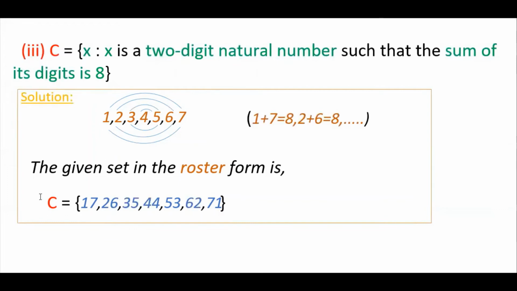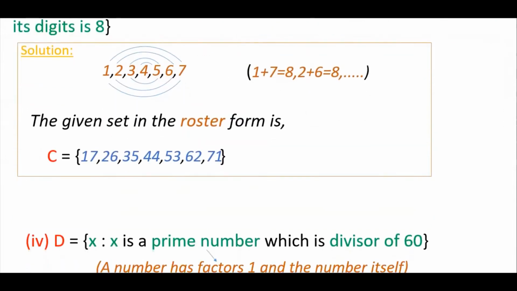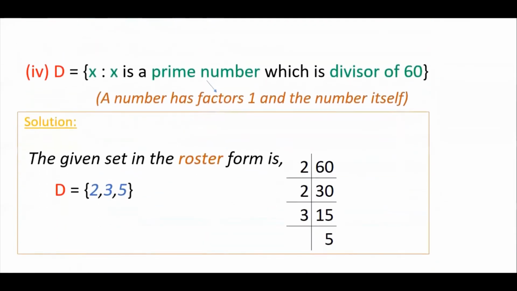Here you can use any set name, anything. You can write A, B, C or anything. Here C is given, so you have to write C. C is equal to 17, 26, 35, 44, 53, 62 and 71. So these are the 2-digit numbers. If you add those digits, you will get 8. Sum of the digits is 8. And next one is